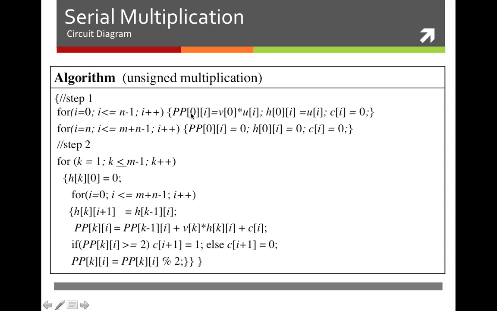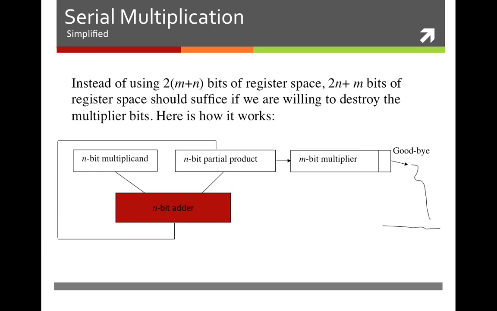That first index is then run from 1 to m minus 1 to get all the different iterations, finally the product, the ultimate product. So when k becomes m minus 1, this whole pp m minus 1 from bit 0 all the way to m plus n minus 1 will have our product in it. That's the algorithm. So one way that we can simplify this is, instead of using 2 times m plus